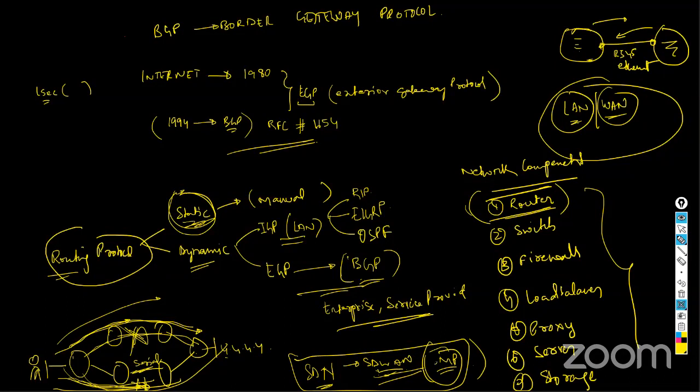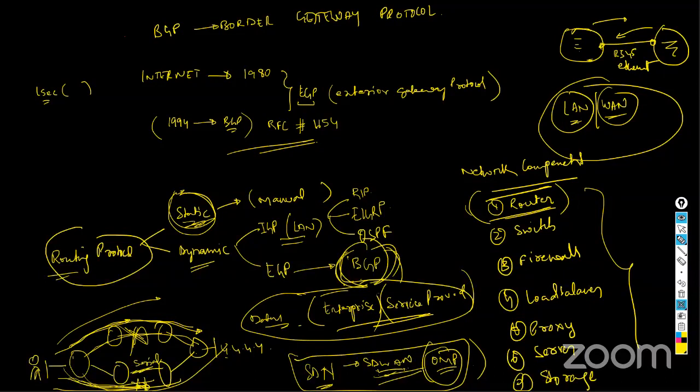Okay, software defined networking. But from the enterprise, from the service provider, and from the data center point of view, we still make use of BGP. And this is the topic that I have picked because a lot of domains are still dependent on BGP. And this is a topic in your CCNP Enterprise as well. These are just a brief introduction about them, whereas CCNP Enterprise needs in-depth knowledge of the BGP protocol.